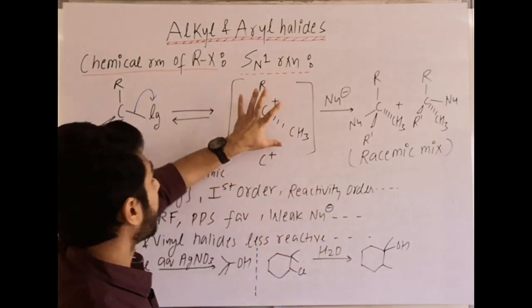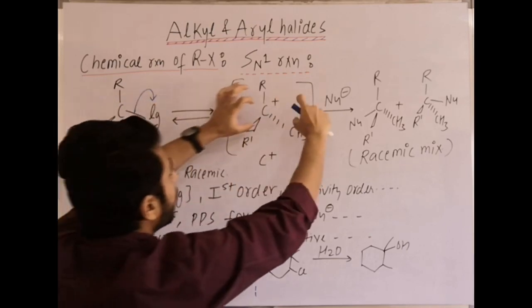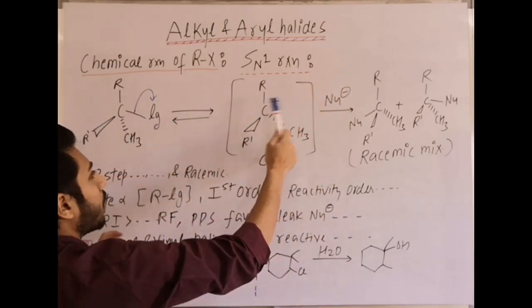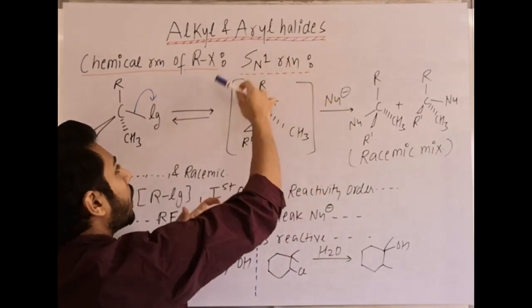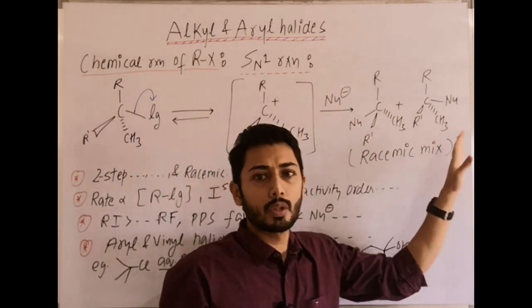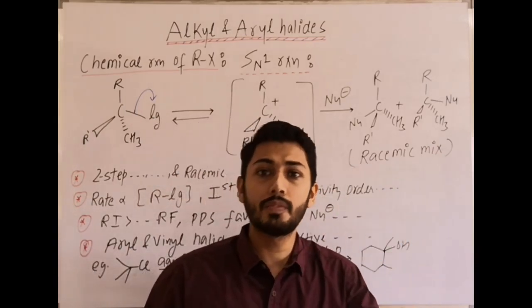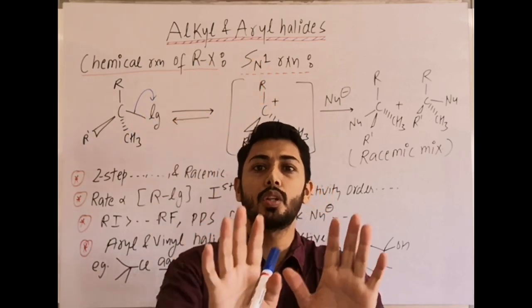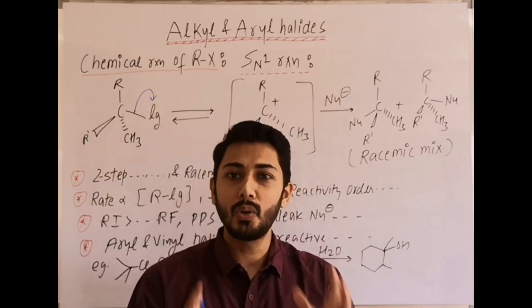Why? Because when the carbocation is forming, the leaving group is still available with minus charge, therefore it blocks the front part from where the nucleophile attacks. It is just like an ion pair formed. Then the nucleophile attacks more from the back side and less from the front side. So slightly more inversion product, less retention product, which is the practical aspect. Racemization increases if the stability of the carbocation is increasing. The more the stability of the carbocation, the more the mixture is towards 50% dextro, 50% levo, right? So it all depends how the four options are framed.